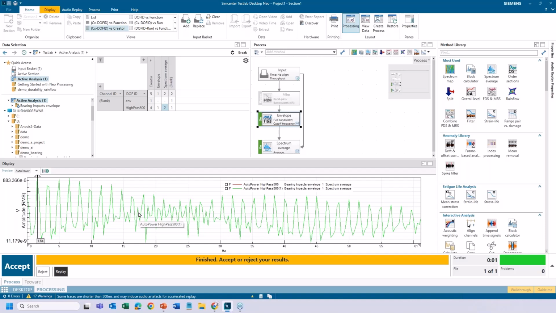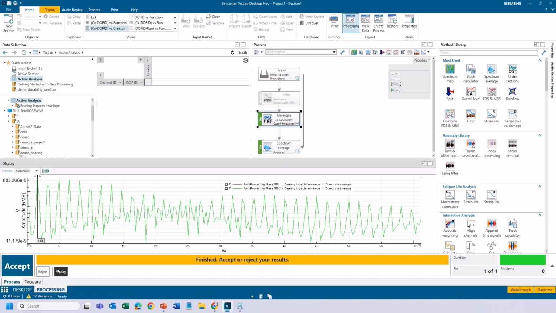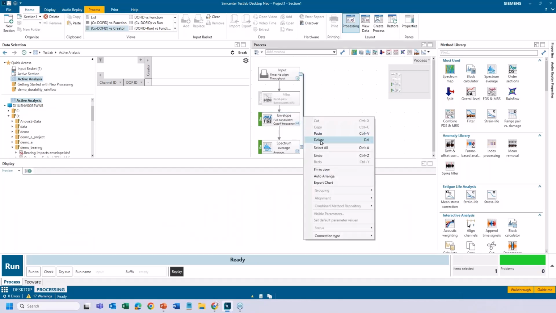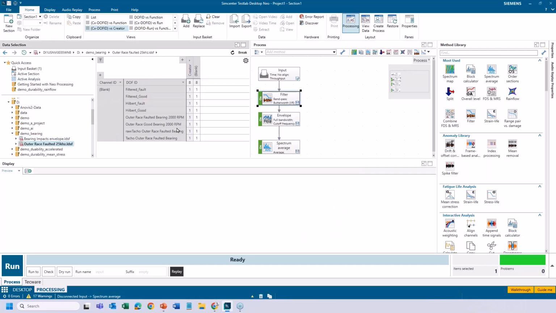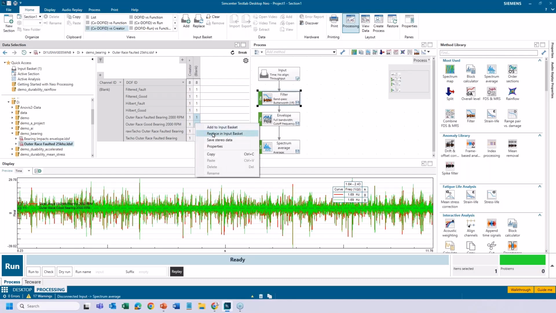And guess what, Steph? What, Pete? In the bearing data, how often do the impacts occur for the faulted bearing? They'll occur at the fault frequency. Yes, 121 times per second. What should happen is if we were to run our bearing data through this analysis, so I would do the bandpass filter, do an envelope, do the spectrum, I would expect to see 120 hertz or so. What do you think, Steph? Do you think I'll be able to see that?